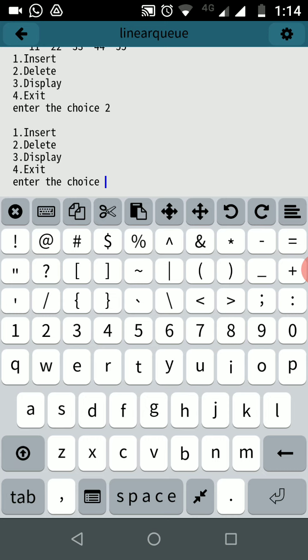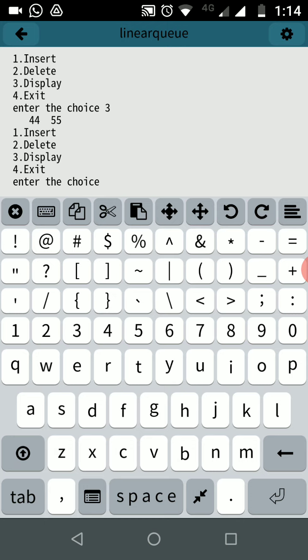Then you display the elements with 3. So 11 gets deleted. Your front gets increased. That's why your list will be 22, 33, 44 and 55. Again when I press 2, it will delete 22 and you will get only 33, 44 and 55 in the list. Again when I press 2, it will delete the element 33.